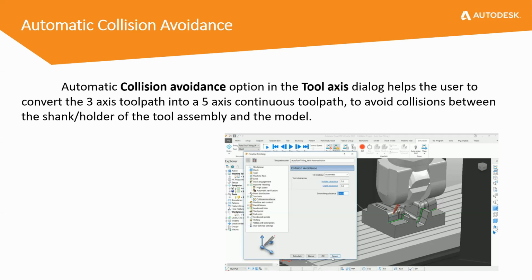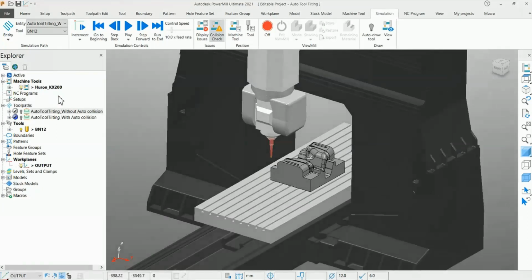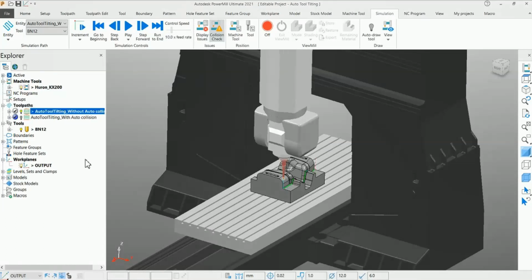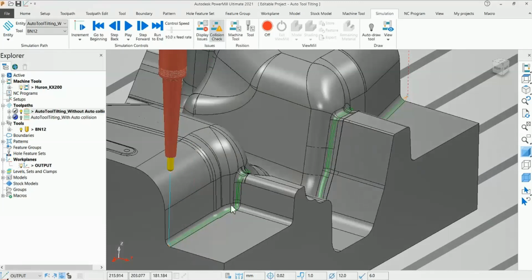By using this function, we can use shorter holders and minimum overhang for better finishing and dimension accuracy. Let us see how this automatic collision avoidance works with this mold tool example here. For this, I'm using a Huron KX200 as my machine tool file for the simulation purpose. Also, I had pre-created a flow line finishing toolpath strategy to cut the part at the bottom of this fillet